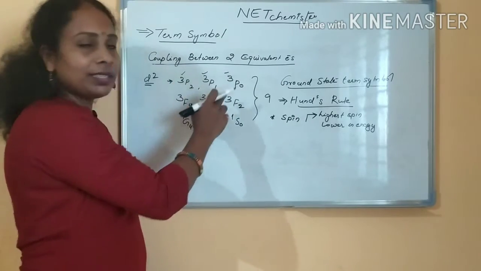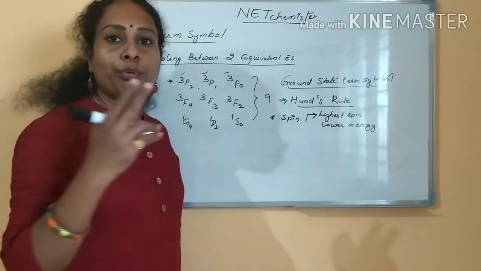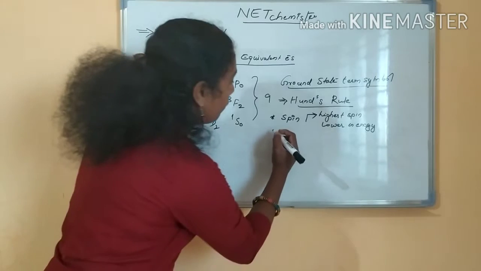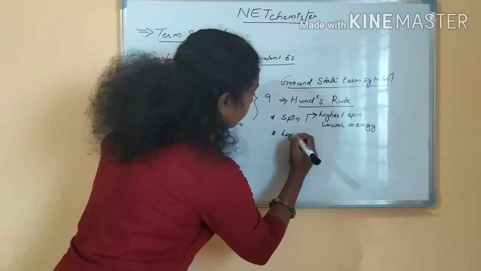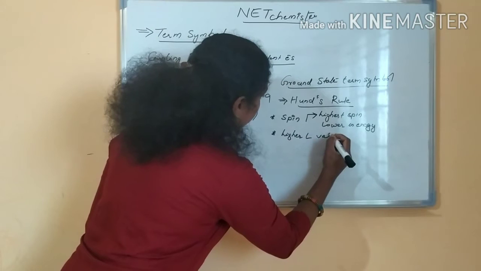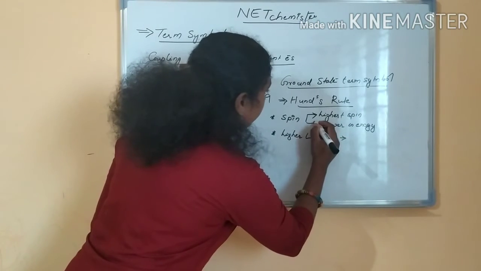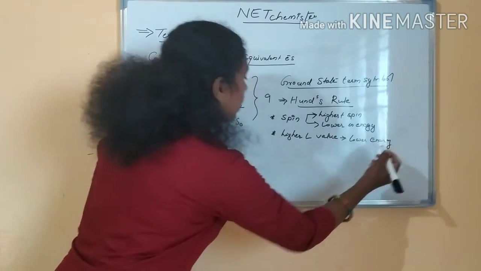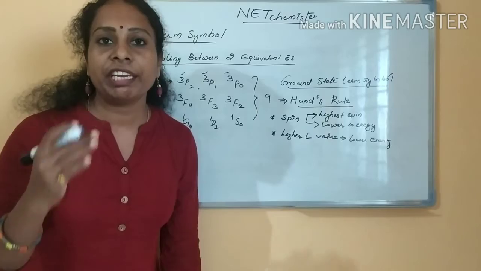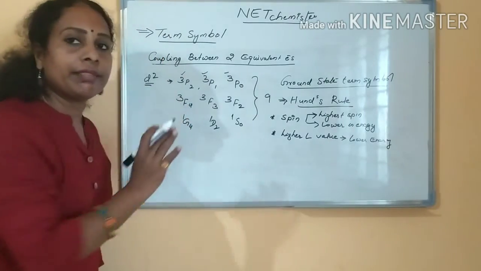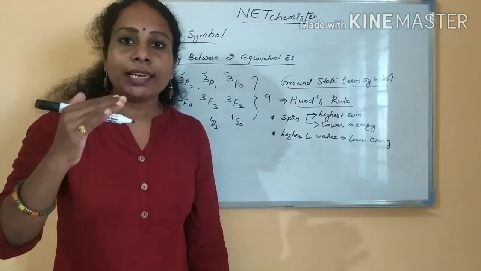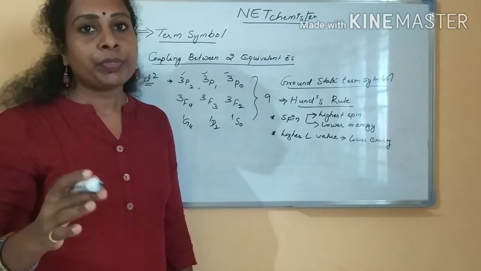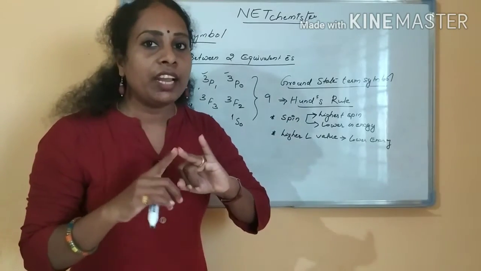If you see the triplet state itself, you can find two types of L value. In that case, what you have to take is the higher L value, which will be lower in energy. So you have got 3P and 3F. As per Hund's rule, you have to take 3F, the highest L value being lower in energy. So the spin rule you know, and the L value you know.